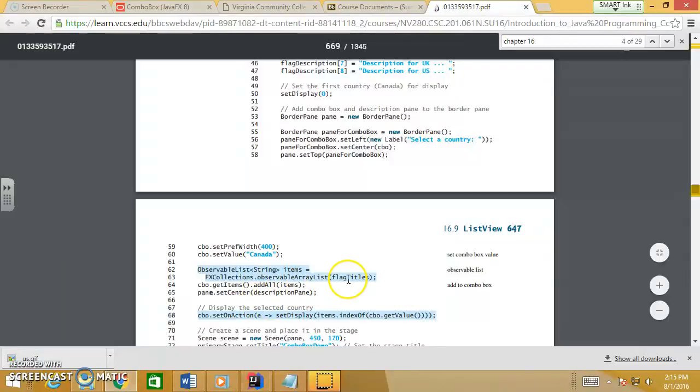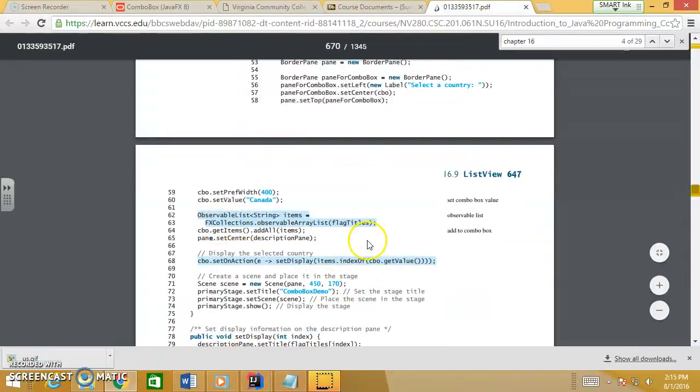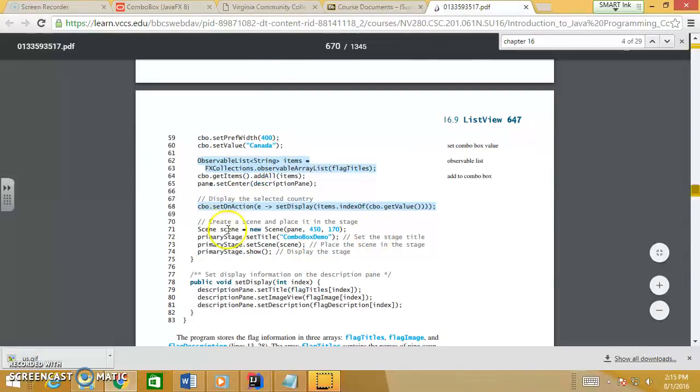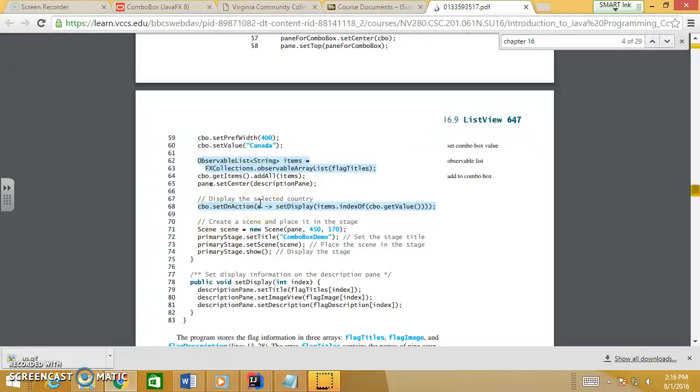And we put the description pane to the center. On action, we add the action listener to the ComboBox. When we select an item in the ComboBox, it's going to be handled by calling setDisplay and passing the index, by doing getValues.indexOf, then we pretty much just get the item itself, the actual item's name as a string back, and